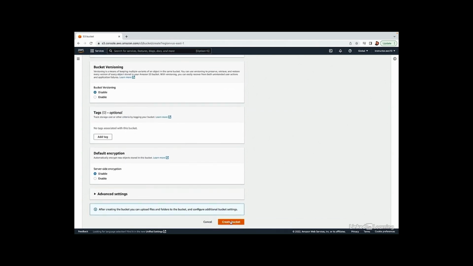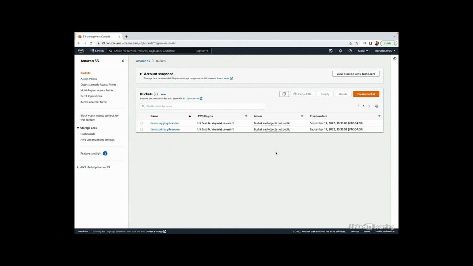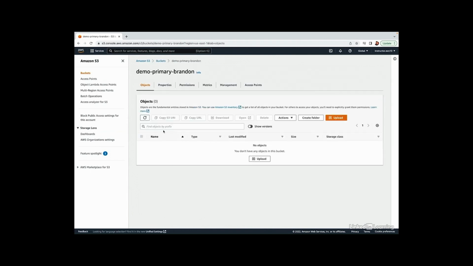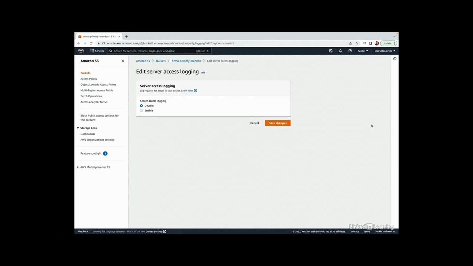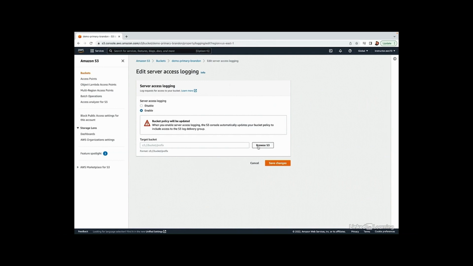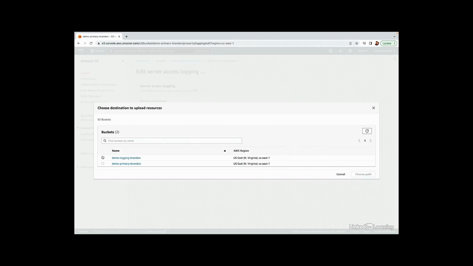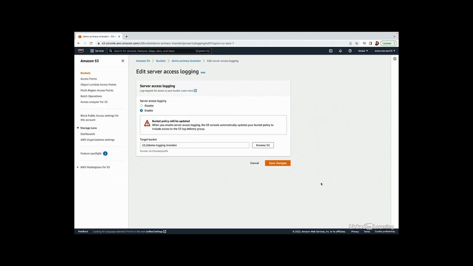By the way, very important on this logging bucket, don't enable versioning. That's just going to create a whole lot of versions as logs get written to this bucket. So here we have our two buckets, demo primary and demo logging. And we'll click into the primary bucket, go to properties, head down to server access logging, click edit, enable, and then browse S3 to choose our destination bucket, demo logging. Click choose path, and then we could from here just save changes, but there's one additional thing that I can do. You can see the prompt here that says prefix, and remember that if I use slashes in a prefix, S3 basically